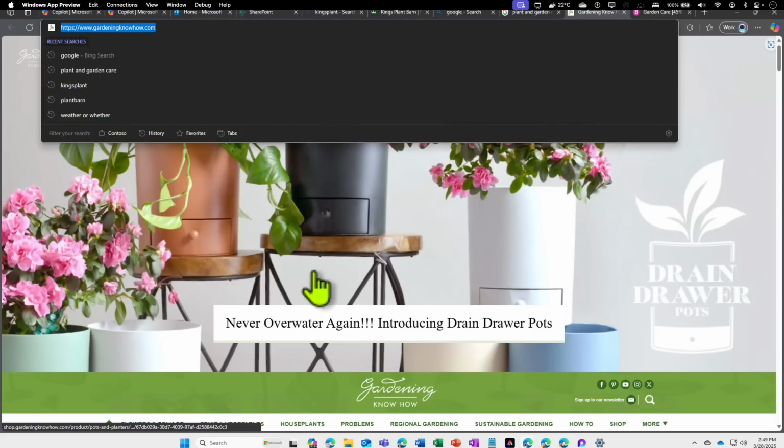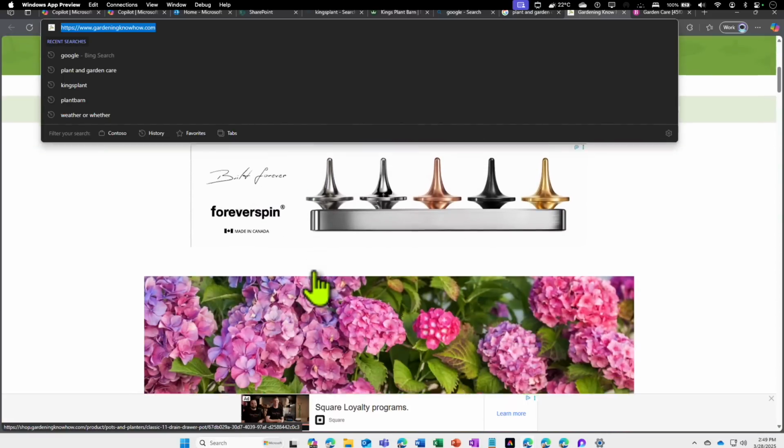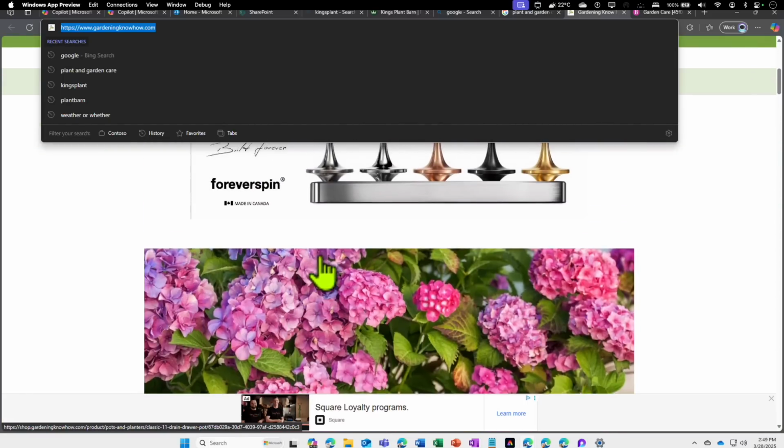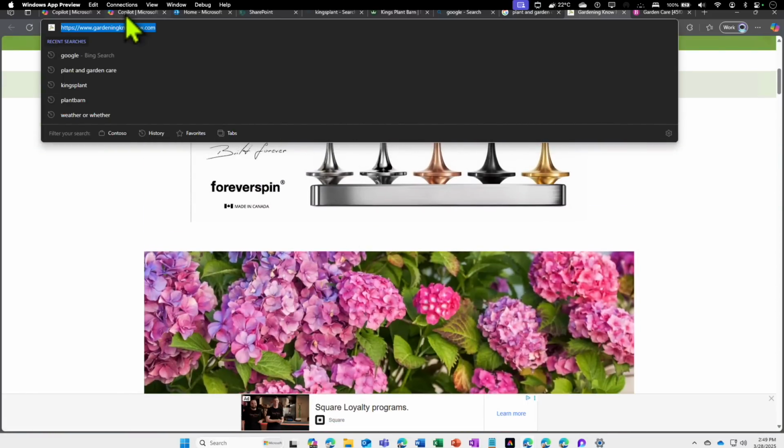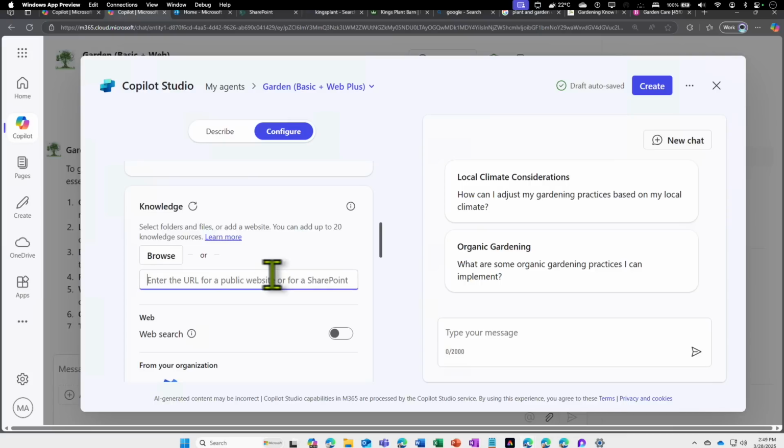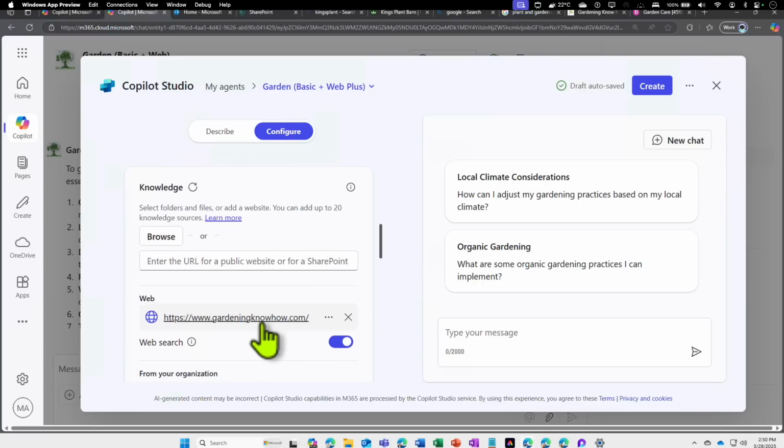gardeningknowhow.com. So this website has plenty of information on gardening tips and tricks and how to grow indoor and outdoor plants, things like that. So I'm going to paste that, but this is not a SharePoint or a graph grounded site as well. So to make it work, you have to turn this web search on. So now that we have added this particular website as the knowledge source and we turned on the web search,